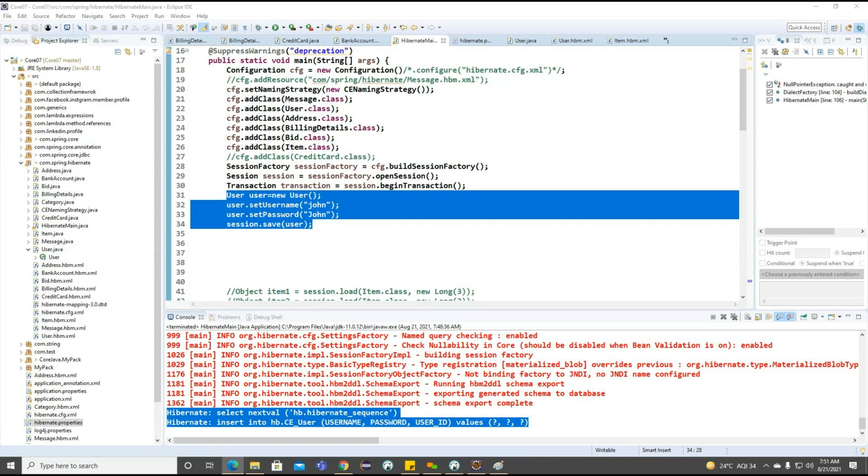We already identified that once the session is closed, those objects move into the detached state, and the objects are no longer associated with our database. And now observe how we reassociate the session: we reassociate the session by calling this particular update method.